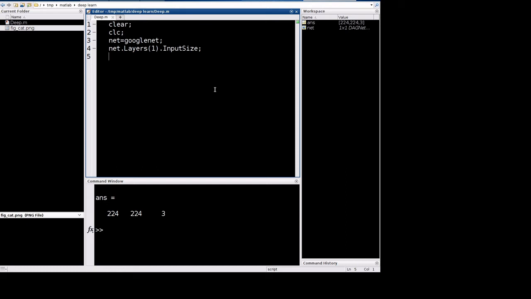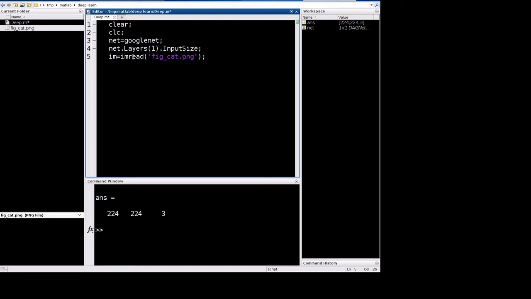We can use the imread function for that. Let me name the variable in which the image will be stored as im, and then the function imread with the figure name. The figure name is